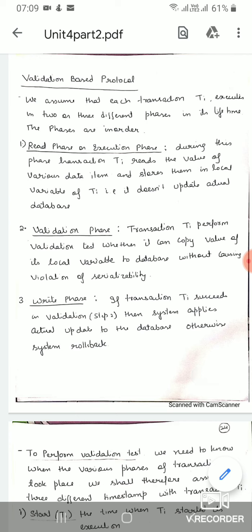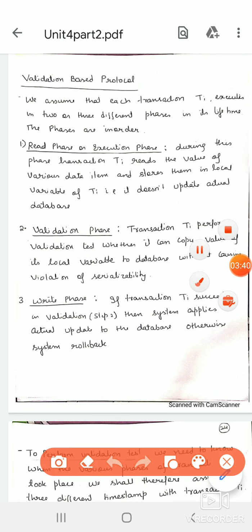If transaction Ti succeeds in the validation step, the system applies the actual update to the database, otherwise the system will roll back. See what it is telling you. If the transaction T1 has run to completion, and it is also satisfying our validation test, as in step 2, not violating our serializability, then the system will apply the transactions.